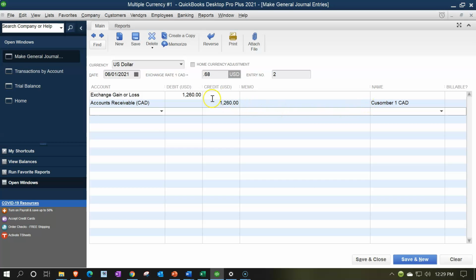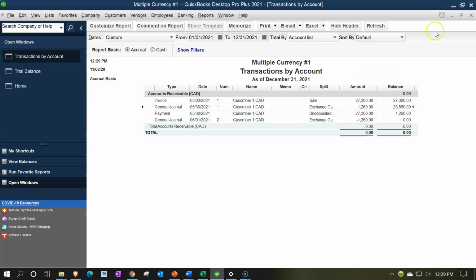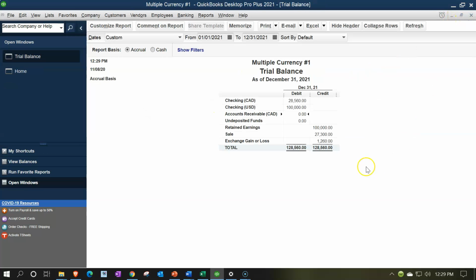Now, what this is going to do, it's going to reverse on the income statement this 1,260 and have it going the wrong way. And then once we were to record the transaction, it would net itself out. So let's just consider that. If I say save and close and say okay, and then if I go back to the income statement, so let's say I have the income statement going up to, or this is the trial balance, but I'm looking at the income statement accounts down here. If I pick this up through